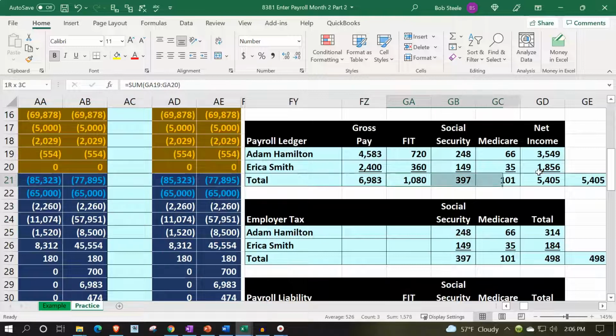And then we'd have a liability going up for these 3 items, and the net income then decreasing, this would probably be net pay, or we'll call it net income. Net pay should be decreasing the checking account for the full amount. Now, if I did it that second way, I need to be careful of this item affecting the checking account,